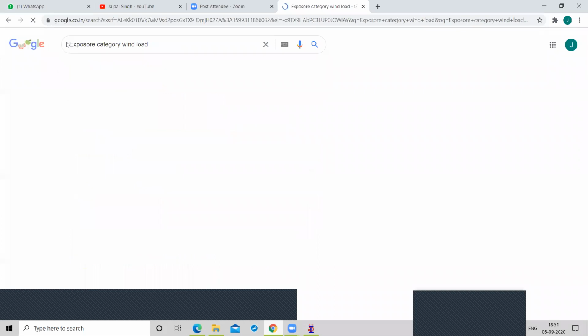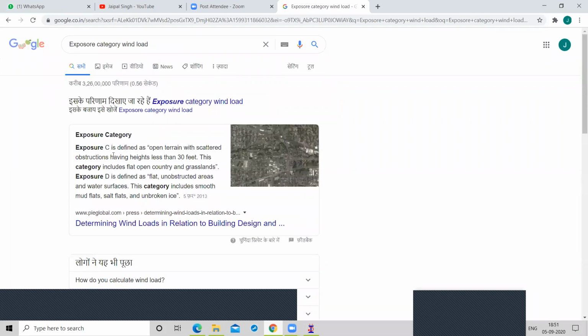Exposure category C is defined as open terrain with scattered obstructions having heights less than 30 feet, right? For a building whose height is less than 30 feet, we take category C. Exposure category C includes flat, open country and grasslands, right? Exposure D is defined as flat, unobstructed areas and water surfaces. This category includes smooth mud flats, salt flats and unbroken ice, right?